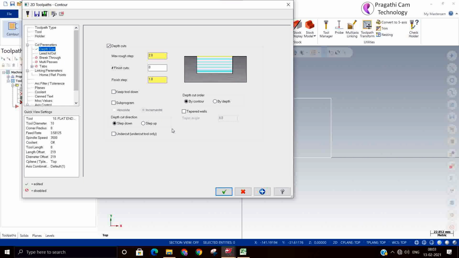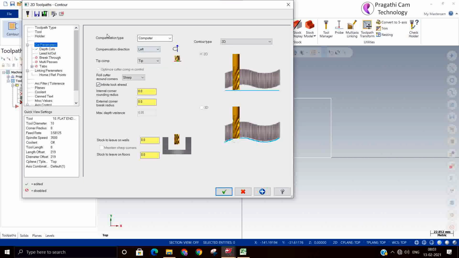The compensation and the contour type, these two we have not seen. We will see them separately. This is specific to the contour toolpath and will not come in the pocket parameters. We are concentrating only on the common parameters.